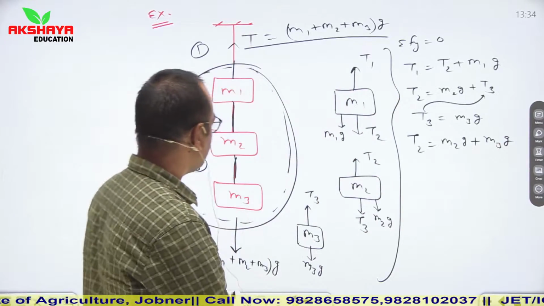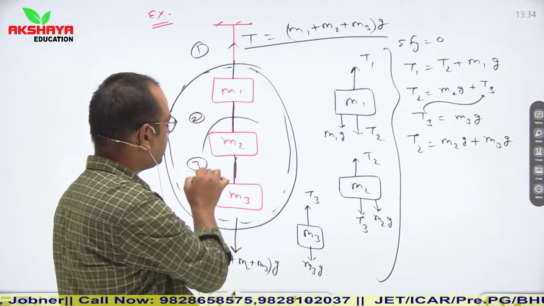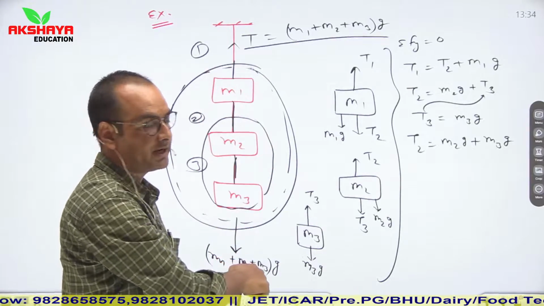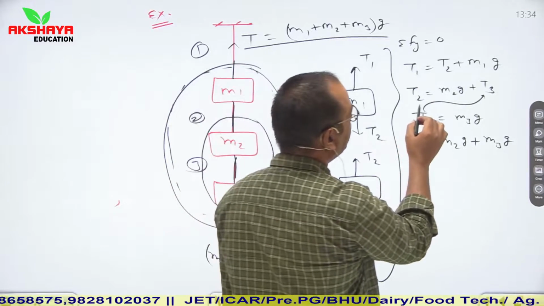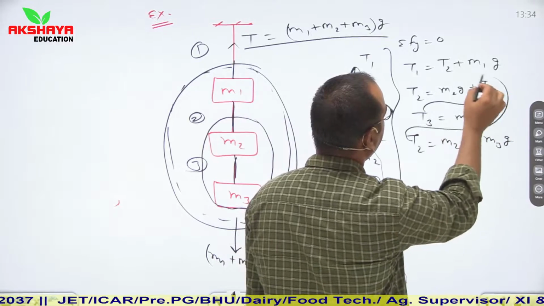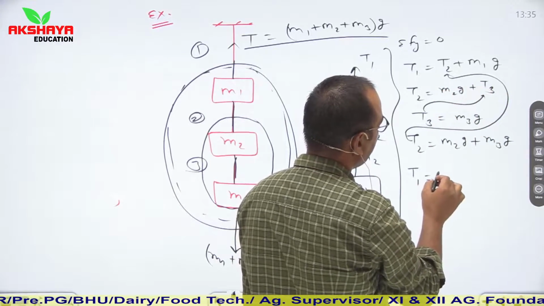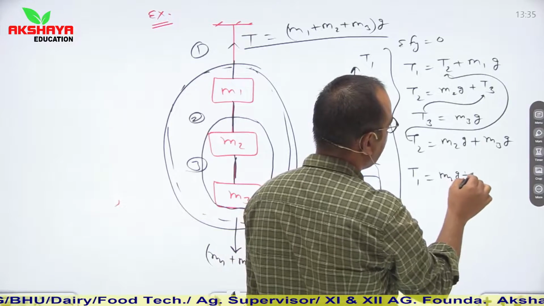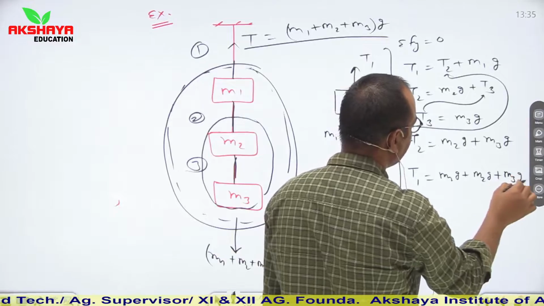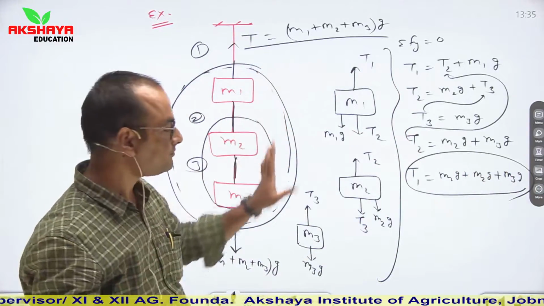तो इसका मतलब क्या हो गया कि इस वाले ब्लॉक पे नेट टेंशन कितनी हो गई? अब ये दोनों मिलके एक सिस्टम हो जाएंगे, तो क्या हो गया? टेंशन अपवर्ड्स और M2 प्लस M3 इंटू जी, ये डाउनवर्ड्स. सिमिलरली अब ये T2 की वैल्यू हमने कैलकुलेट कर ली और ये T2 की वैल्यू अगर हम प्लेस कर दें यहां पर तो हमें मिल जाएगी नेट टेंशन T1 ऊपर वाले ऑब्जेक्ट में. तो ये क्या हो गया? M1G प्लस M2G प्लस M3G. तो सिंपली ये रिलेशन आपको डायरेक्टली ध्यान रखना है. देखो, दिस इज इक्वल टू दिस नेट टेंशन.